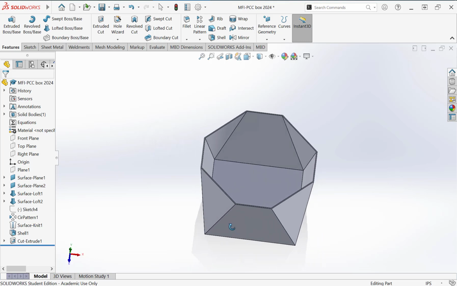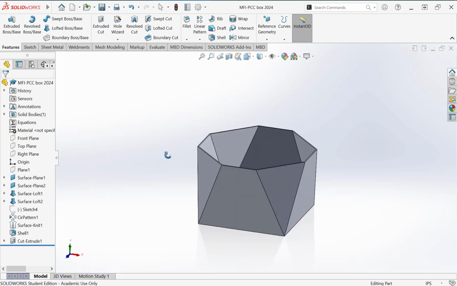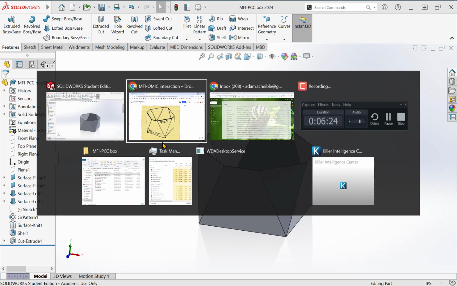And this looks a lot closer to our existing design. I'm going to save that just to get that out of the way. Next,